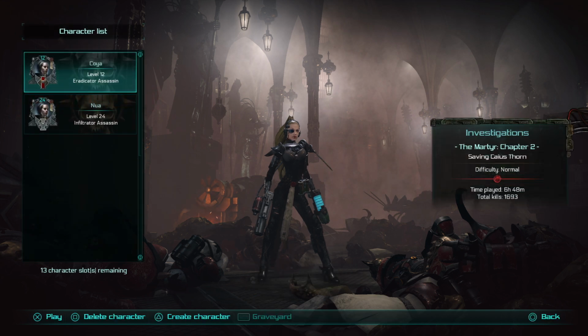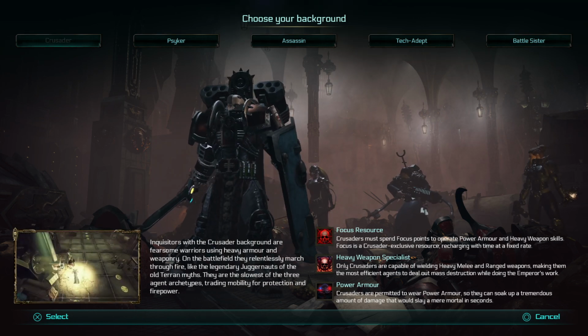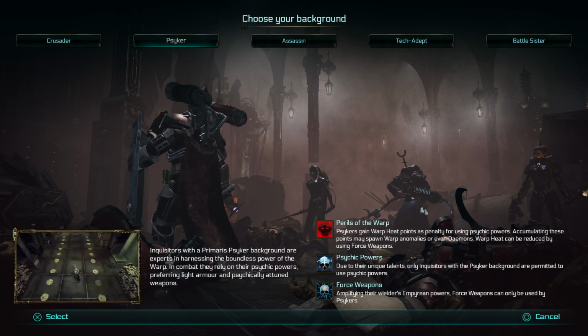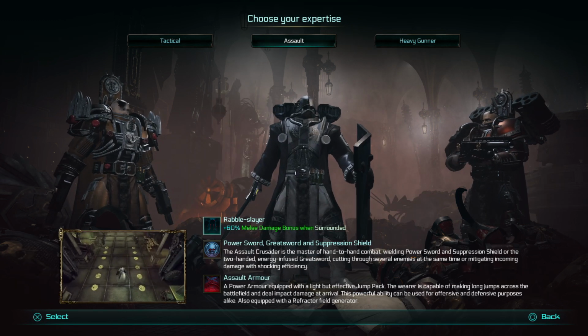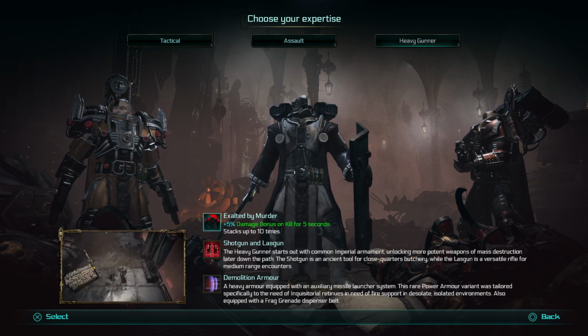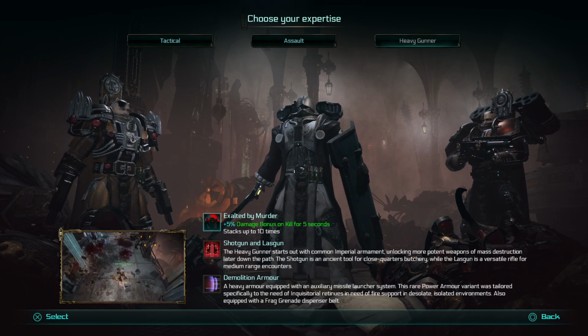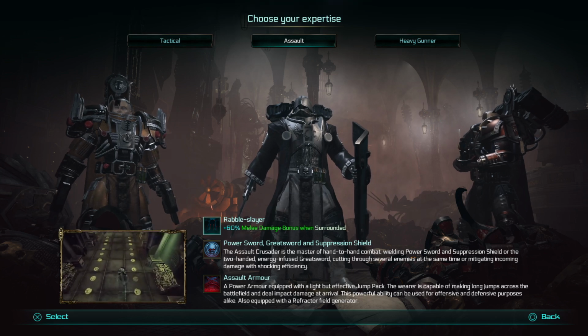In the switch character you can create a new character, and like I said, you can make up to 15 different ones, and these are they. So you've got a Crusader, and the thing is with each different class of characters, let's look at the Crusader, you've also got 3 subclasses, and there are the subclasses. So with the Crusader, you've got a tactical, an assault and a heavy gunner, and you can see from the stuff below they've all got different things about them. Exactly how different they are I don't know,